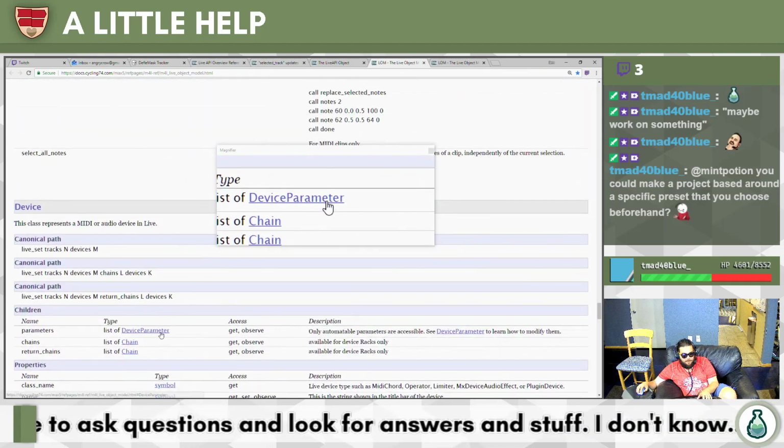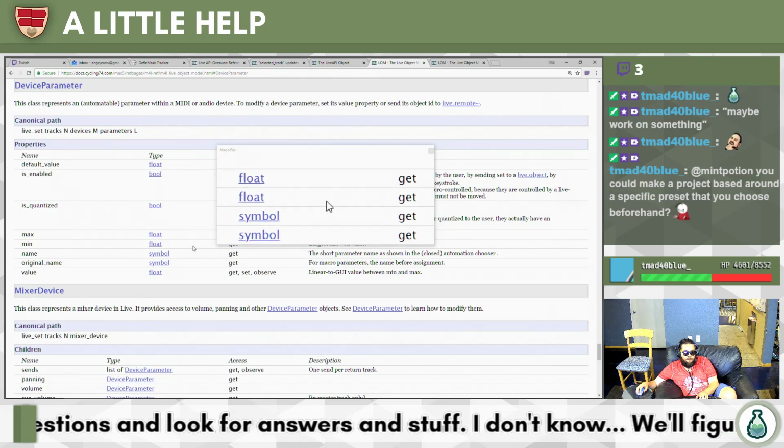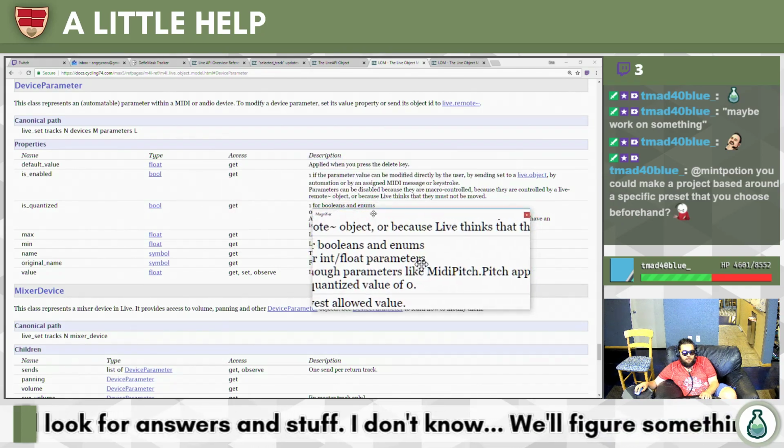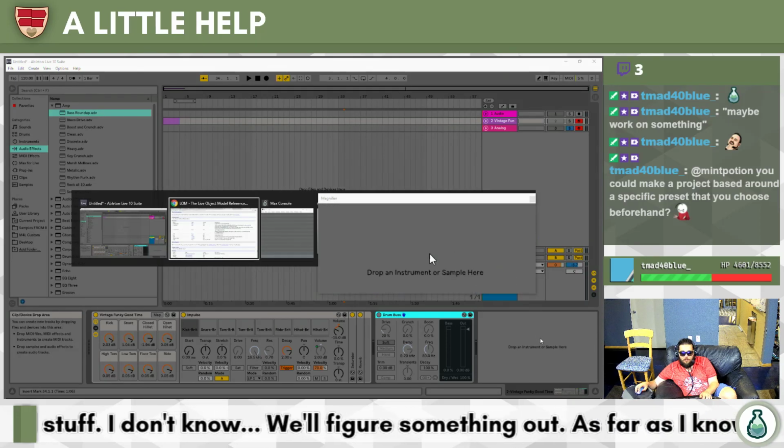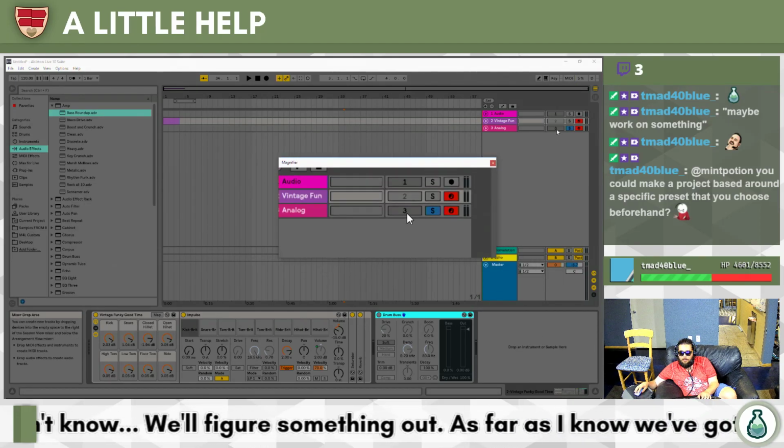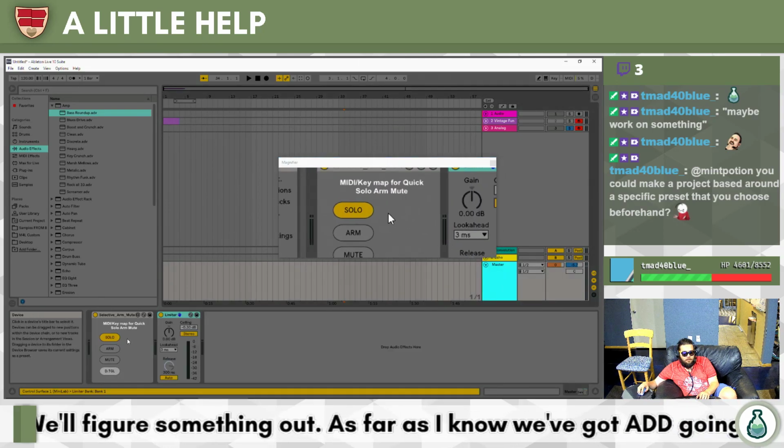List of device parameters, jeez. Is enabled is the property.